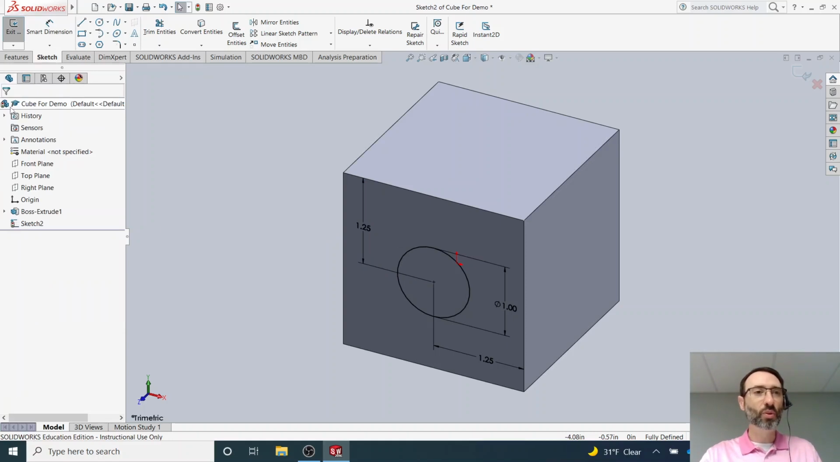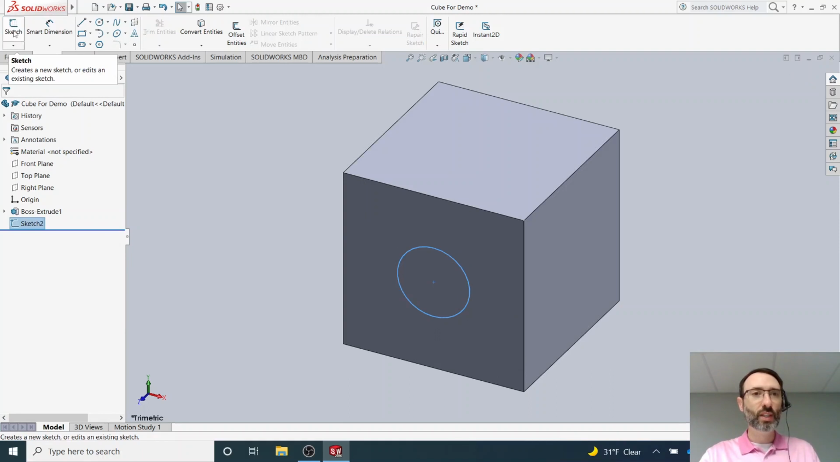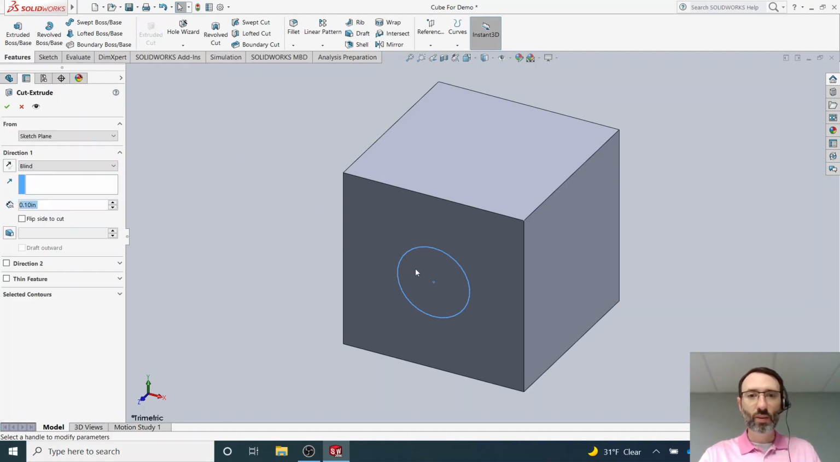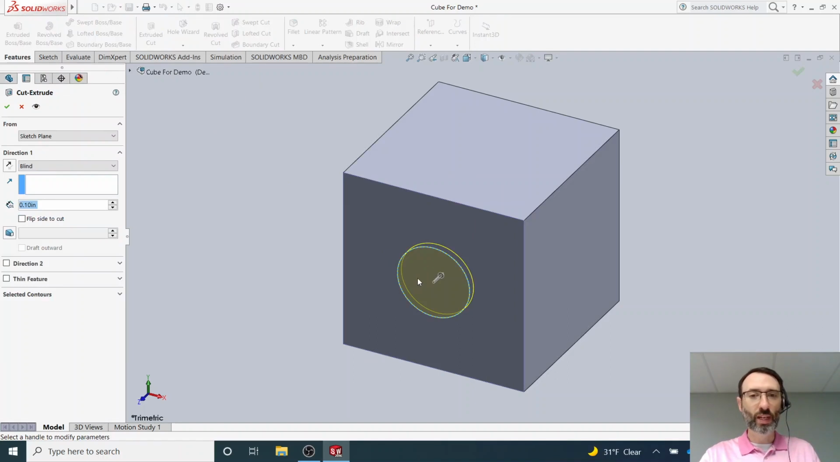The last step, of course, is to cut this. So we're going to exit the sketch. And then from there, we're going to go back to Features. And you're going to go to Extruded Cut right here. And once you've done that, you're going to click on this circle. Now, notice again, by default, this goes up to